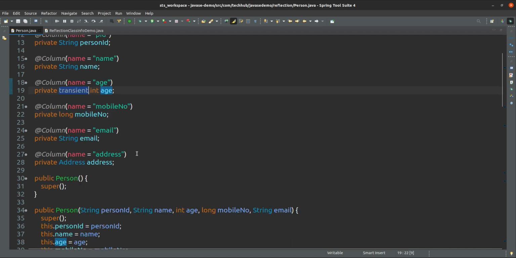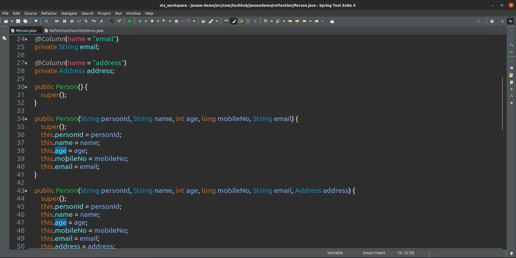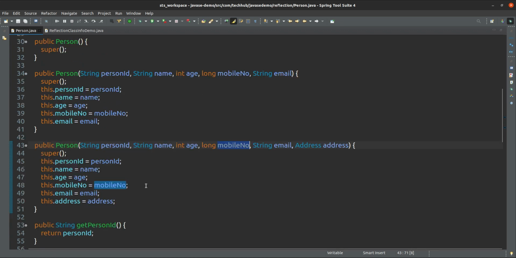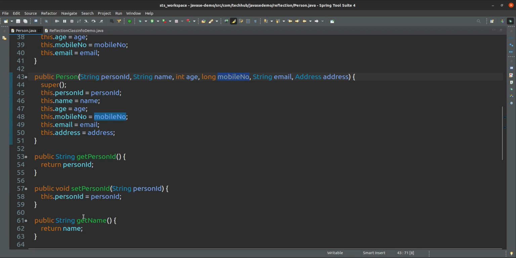We have declared 3 constructors in this class: one default constructor, one with person ID, name, age, mobile number and email, and one with all the fields like person ID, name, age, mobile number, email and address. So these 3 constructors we have declared in our person class, and the remaining are getter and setter methods.